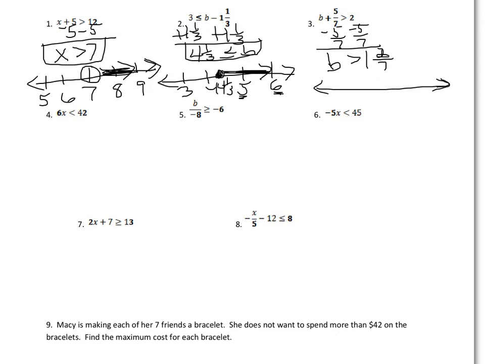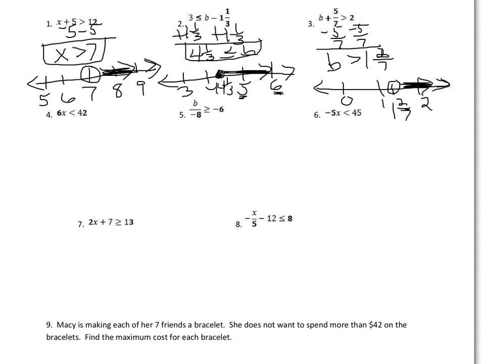Okay. And I would go like 0, 1, 2, and 1 2/7 would probably be somewhere right about in there. That would be 1 2/7. So we'd have an open circle because it's just greater than, and b is greater than 1 2/7. So the arrow would be going to the right. Okay. Now,